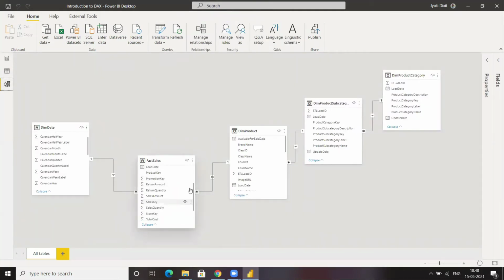The direction of filter is not from fact sales to dim date. The direction of filter is from dim date to fact sales. So I can use any column in dim date to filter the fact sales table, but I won't be able to use any column from fact sales in order to filter dim date.